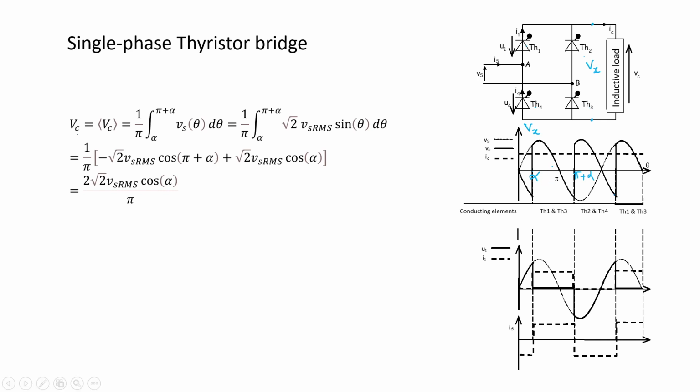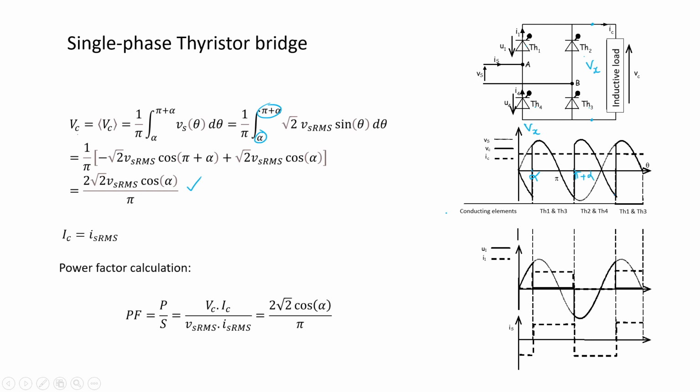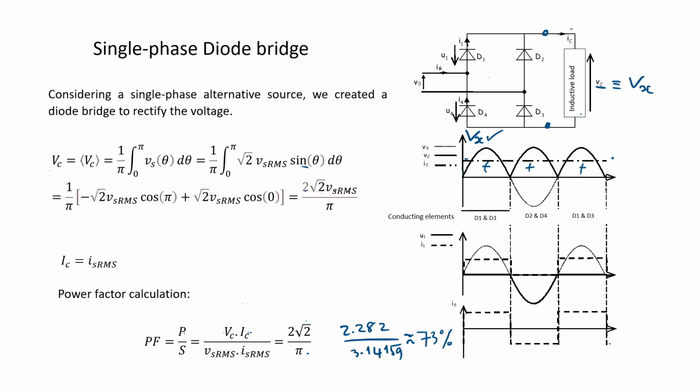Yeah, DC side to this way. Then we can compute the average voltage over a period. Just take this from alpha to pi plus alpha as a period, see? And the waveform is just a sine wave. Then we can have average voltage. And power factor can be computed to be, it looks similar to the previous,